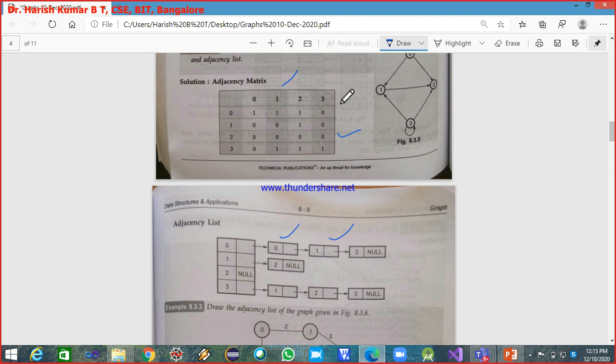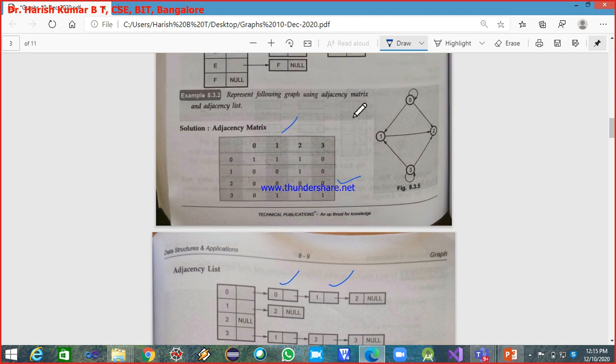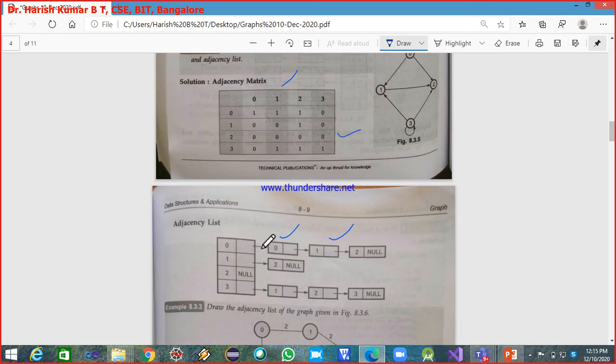This is another example on the adjacency matrix and adjacency list. So this is the adjacency matrix, where we have 1 for 0 to 0 also, since it has a self edge. And even in the adjacency list, you can observe that. What this list is saying is you can reach 0 from 0. And here what this is saying is you can reach 3 from 3.